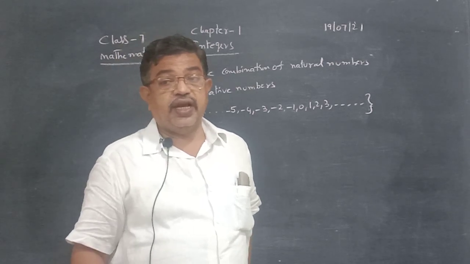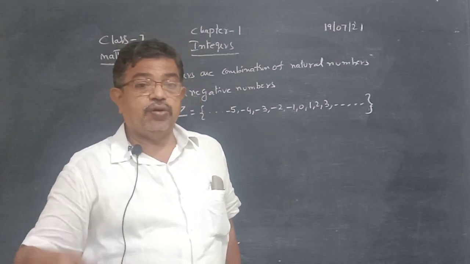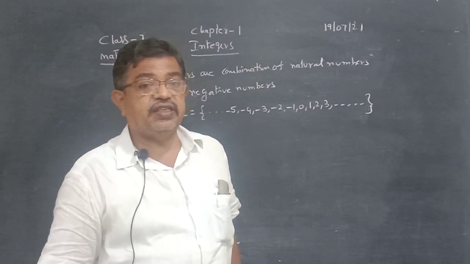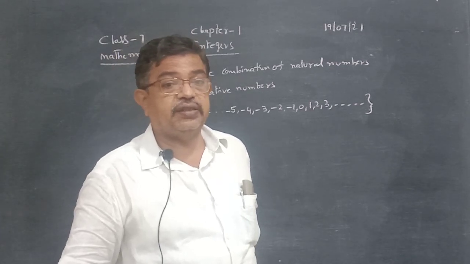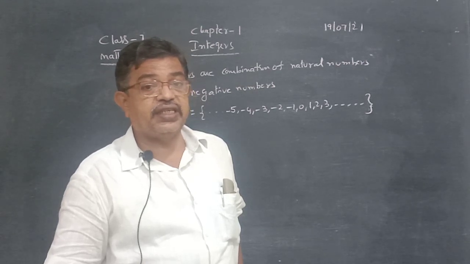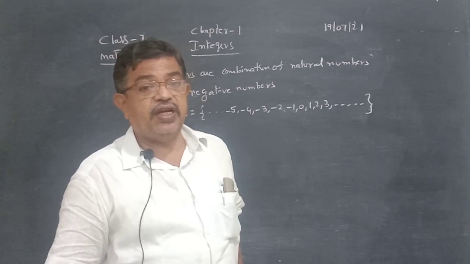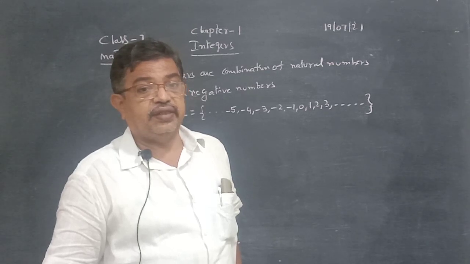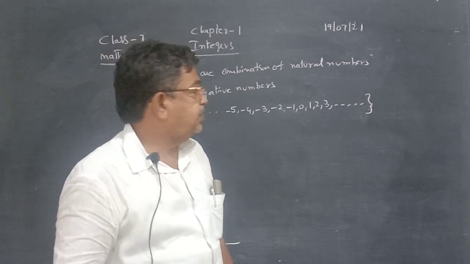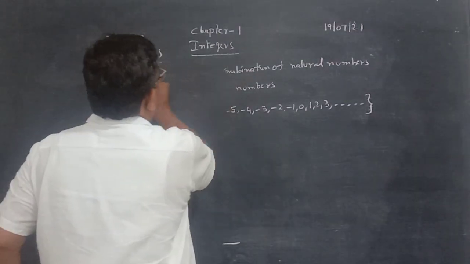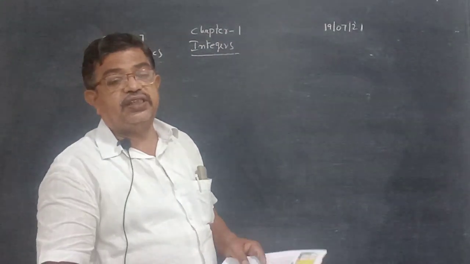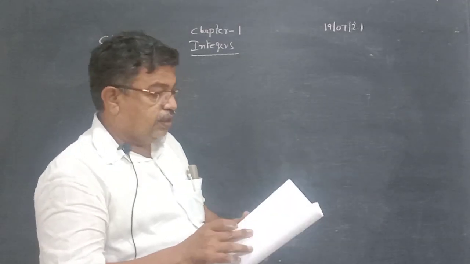You will be going in a car at a higher speed, or sometimes you have to go at a lower speed. Speed is increased, speed is decreased. That all comes under plus and minus. Whenever you deal with numbers having plus or minus, then the conditions of integers will come into consideration. So that's how in real life situations we are going to understand integers. So what are integers? Whole numbers including negative numbers are integers. Integers are denoted by Z.